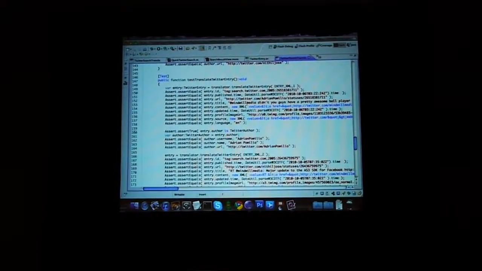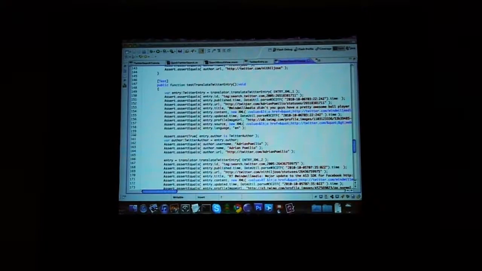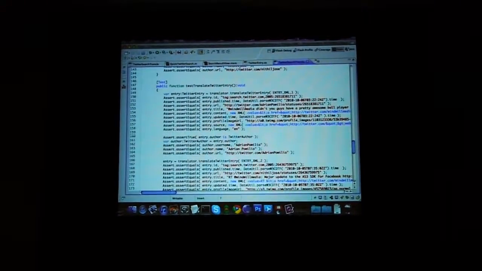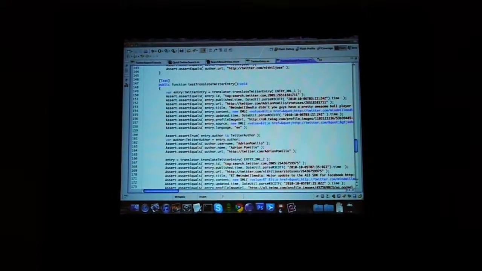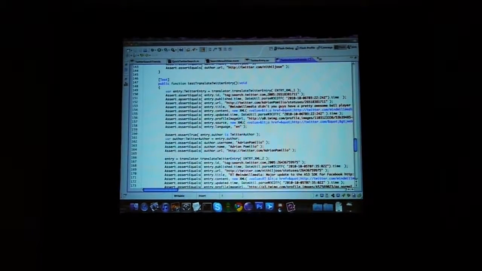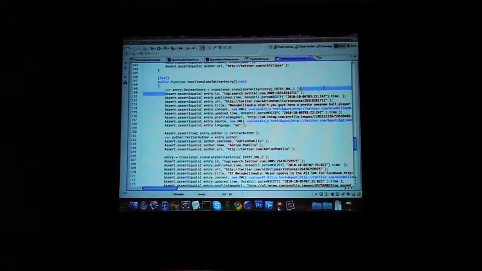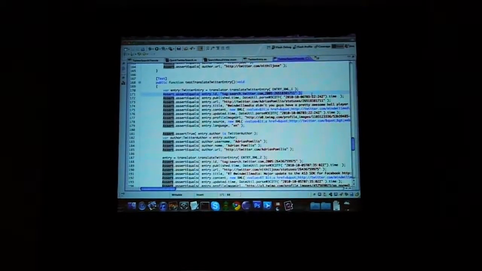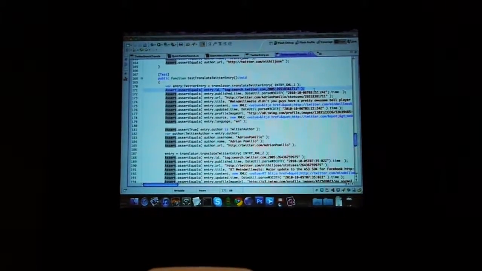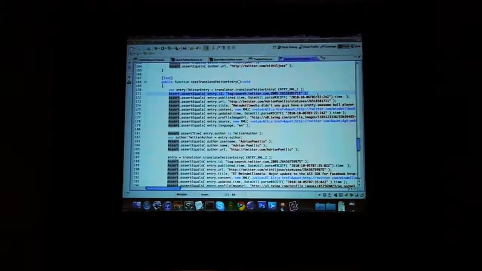So just to show you some quick logic, we know that when we translate a Twitter entry, we're going to get an entry back. And then we know that the ID of the entry should be equal to that text. And you see that there around line 150. So you see this right here. We know what the ID is because that's in the XML, and we're asserting that these two things are equal. And this is the core concept of a unit test. Your assumption is that this should be equal to this. You test